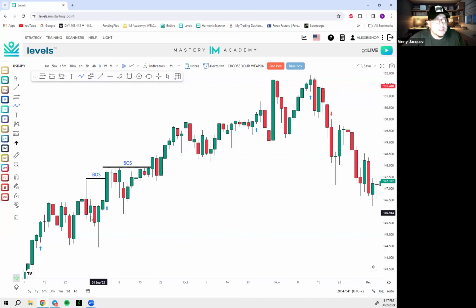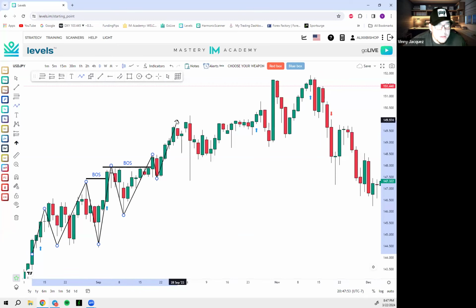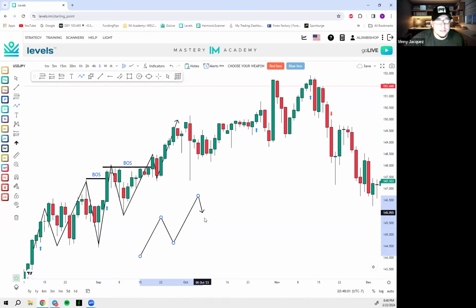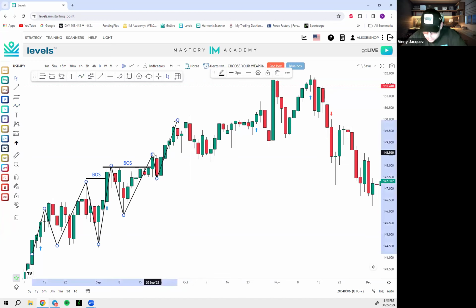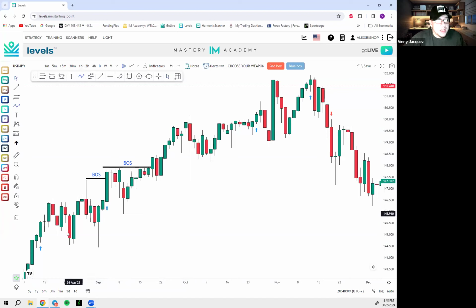Again, market structure isn't going to look the same at all times. Notice how this one was consolidating, looked kind of ugly. This one was fairly cleaner. And then this one's just one candle, higher high, higher low, and then we're gone. So it's not always going to look the same. It's not always going to look like this. I just want to let that be known. That's why we draw. When you guys see me draw, you might think he's doing it for me. Nah, I'm doing it for me. I want to see the candles that break out.